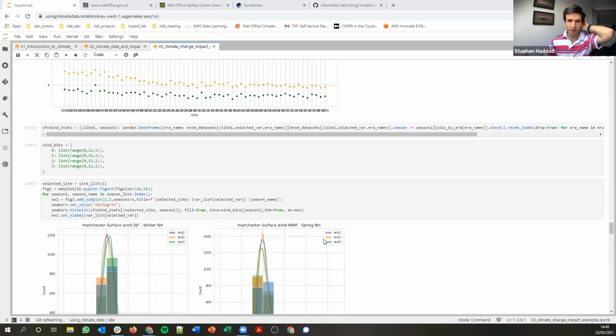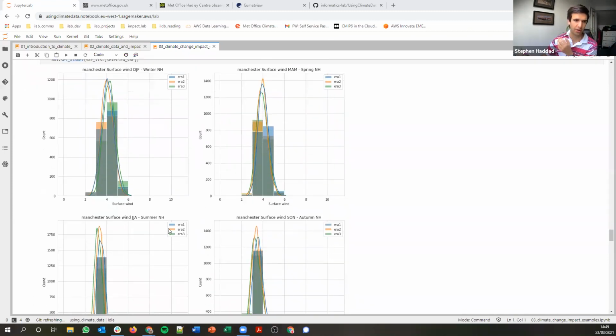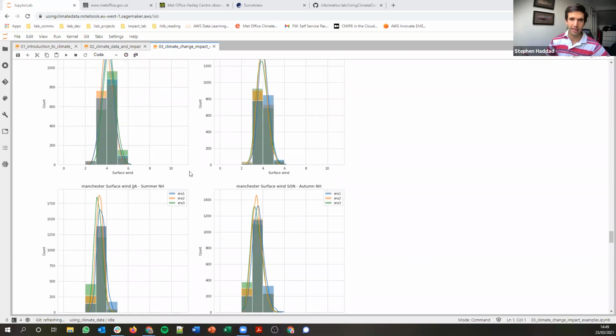And if we look at our plots over here, again, for a particular site, say, for example, Manchester, we see those curves move a little bit, but they're not greatly different in any of our seasons. So average surface wind doesn't look like it'll be greatly affected by climate change, according to